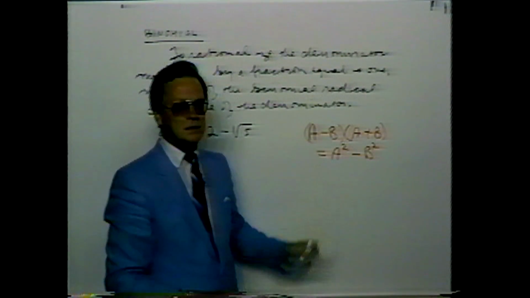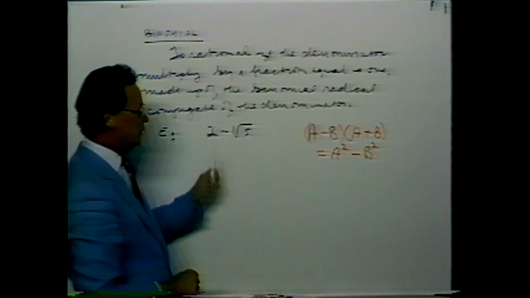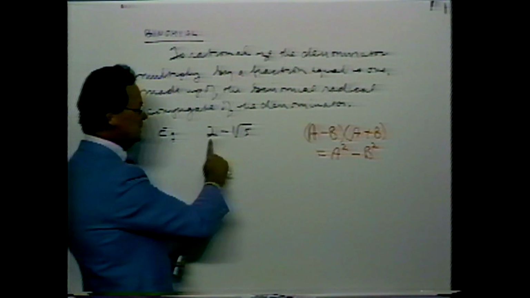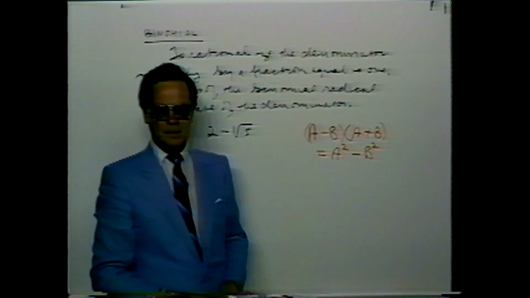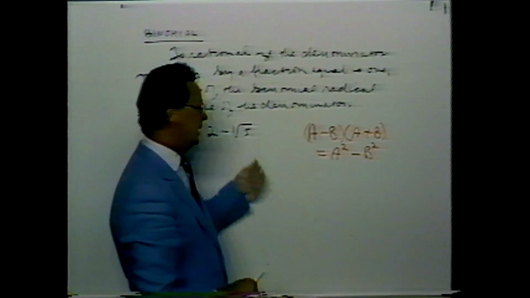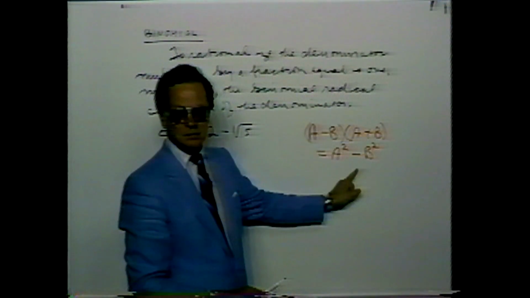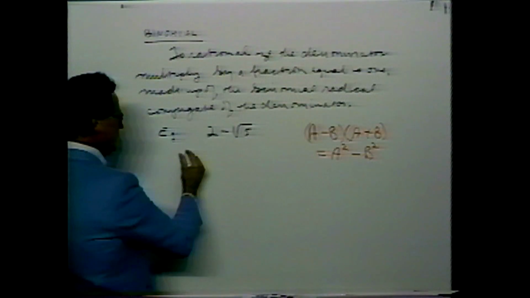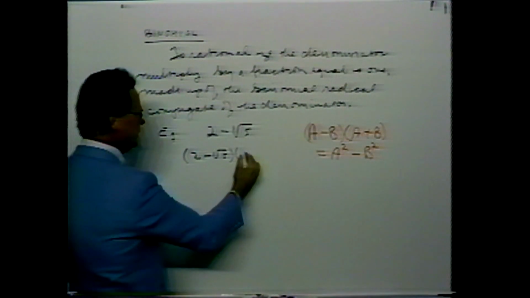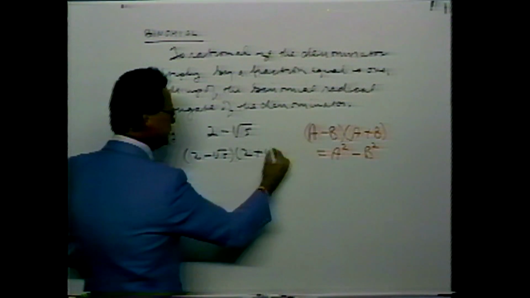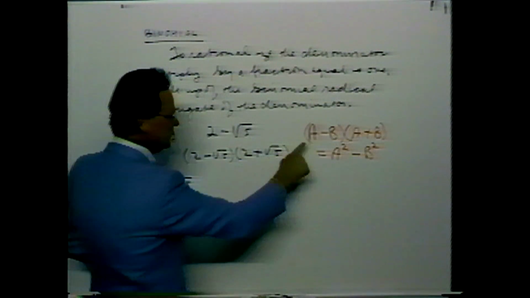But that's the key to the answer to the question I posed earlier. What shall I multiply this binomial radical by in order to eliminate the radical sign? Well, the answer lies in understanding this. It goes like this: 2 minus root 5 multiplied by 2 plus root 5 is equal to, follow the pattern of this expansion,